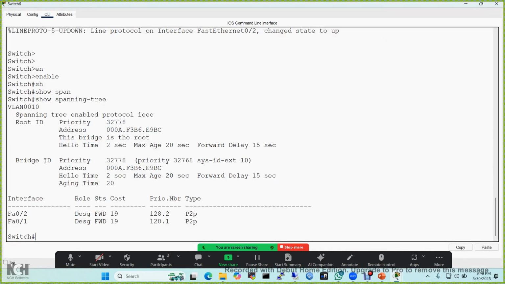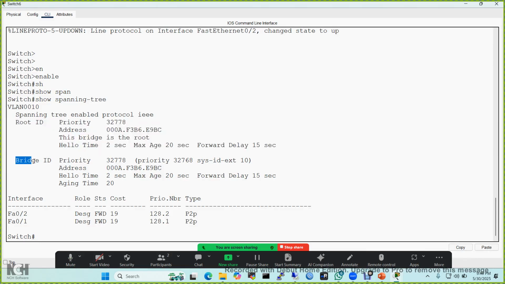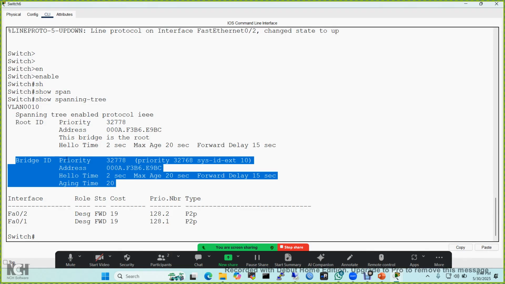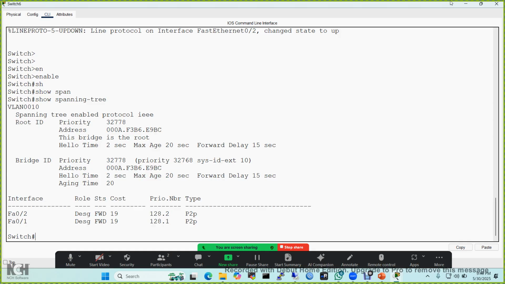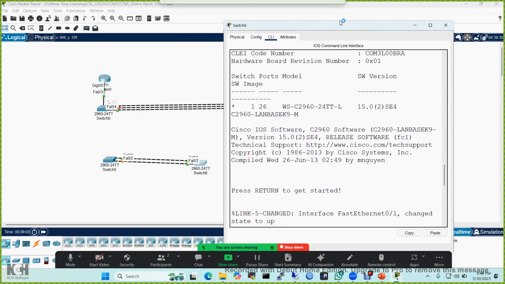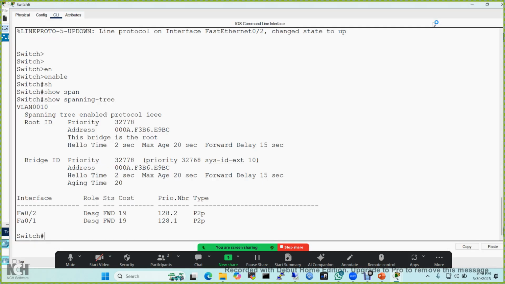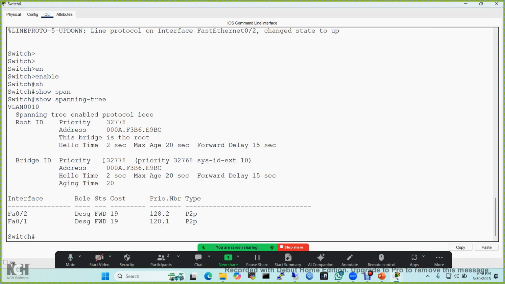Here, you will not look at this part first. You will check this bridge ID part. In this part you will see the priority number of this switch. No need to give the name of this switch; this is the switch I have gone into, the right side switch, isn't it? Okay, I am checking from this right side switch. Here the right side switch priority number is